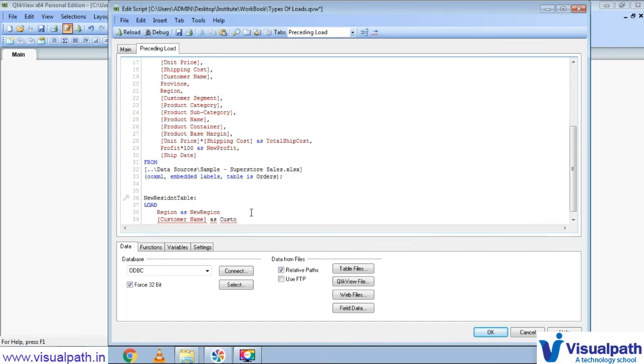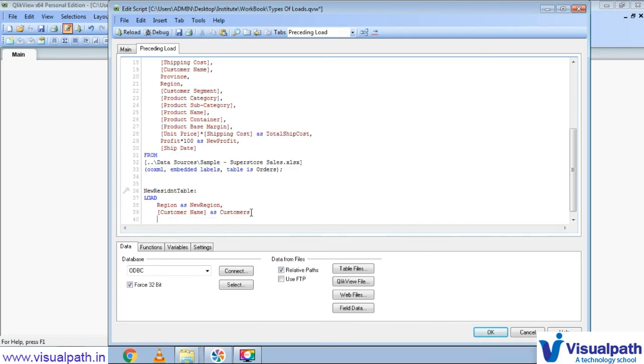Customers, we have to put a comma here. Okay, and then we have to use a function, resident. Guys, if you start writing re, it comes up with the functions available in the name. So you can just use your tab key to enter that same function directly. You don't have to write down everything. If you write re and then resident comes up, you can click your tab button, and it will take the function directly.